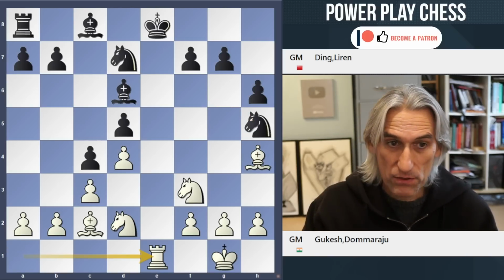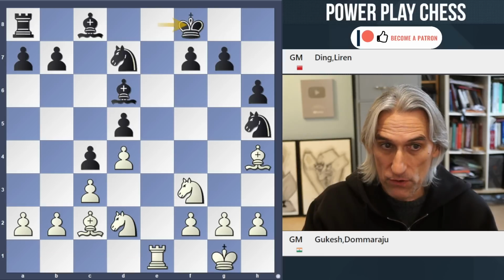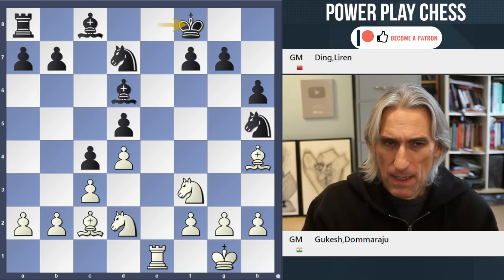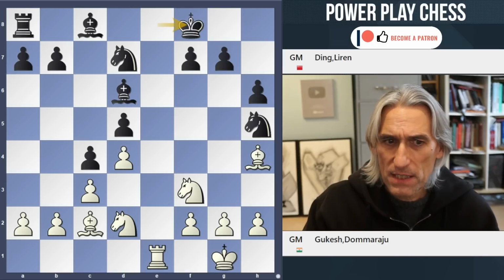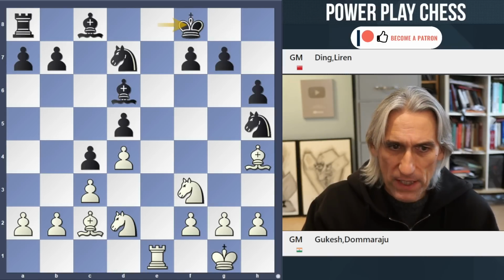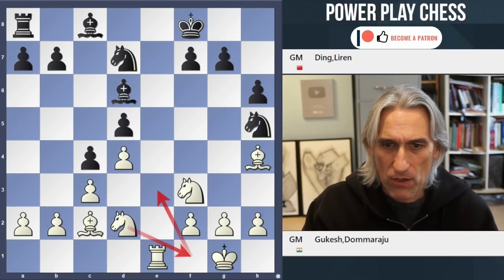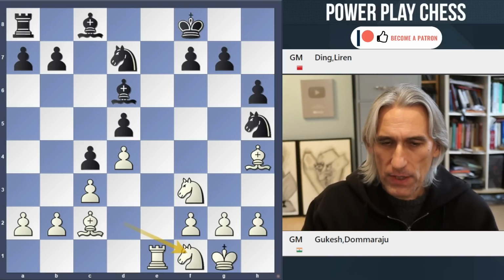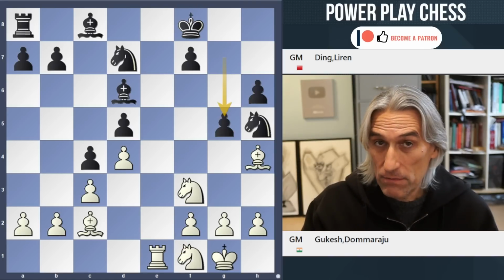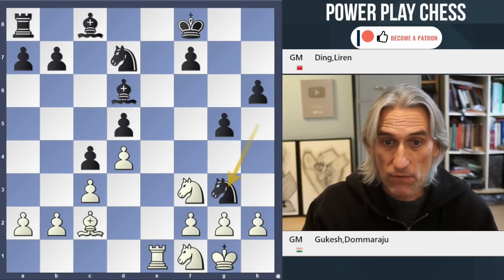And now Gukesh had the big think. He gave a check, so the rook swings over, which looks reasonable. It's very hard for white to find a decent plan here, actually. I mean, one obvious way is to swing this knight round. But if knight f1, then g5, the bishop has to go back. Black can exchange off.